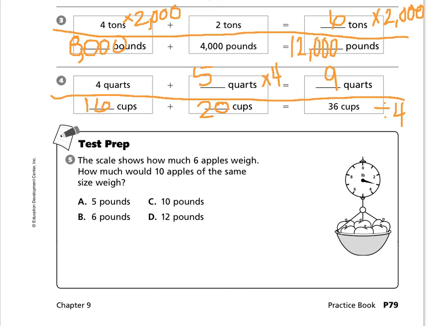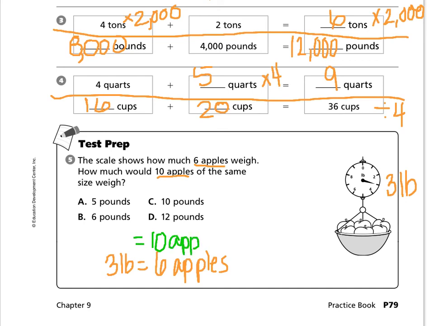The scale shows how much 6 apples weigh. How much would 10 apples of the same size weigh? And I can see that the scale shows that it's 3 pounds for 6 apples. Now I'm going to look at that information to figure out how I can figure out how much 10 apples would be. So if I put 10 apples up here, how much would it equal